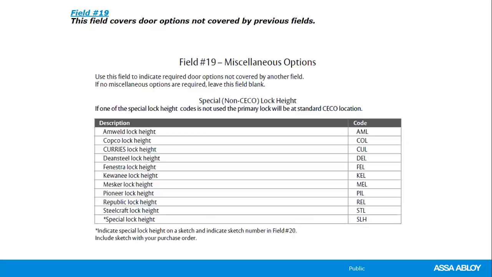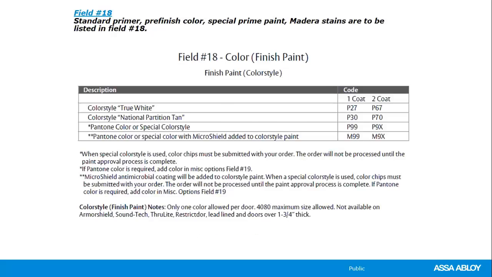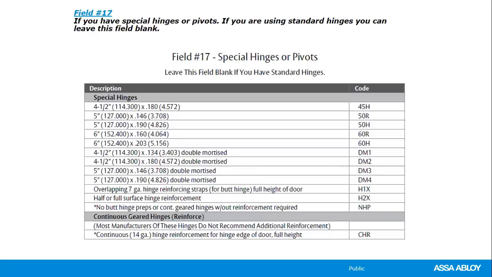Rose? Yes. Will you go back to the hinge preps again? Mm-hmm. Now, I'm not sure if you said, did you just say 4-5H is our standard? For the 4.5, the pop-off one, yep. Is that not correct? I'm not sure, and that's why I'm asking. If you are using standard hinges, you can leave this field blank. So you wouldn't want to put 4.5H in there for a .134 hinge, standard hinge reinforcement. That's for a heavyweight,